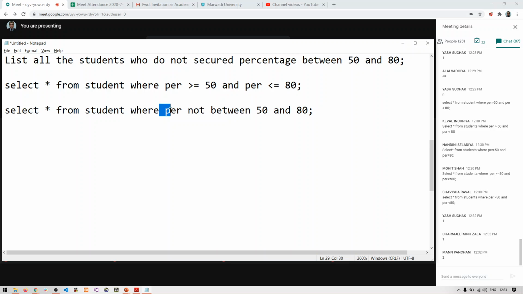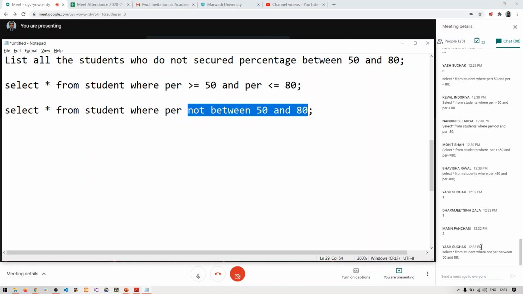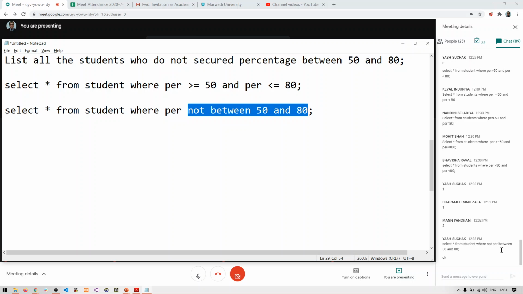That is: where percentage not between 50 and 80. So it will give me all the percentages which are less than 50 and all the percentages which are greater than 80. Yash, you have to write NOT after the column name. So it will be like per not between.